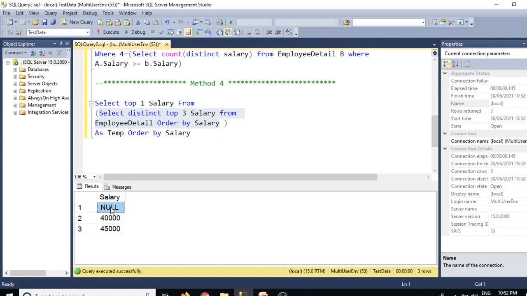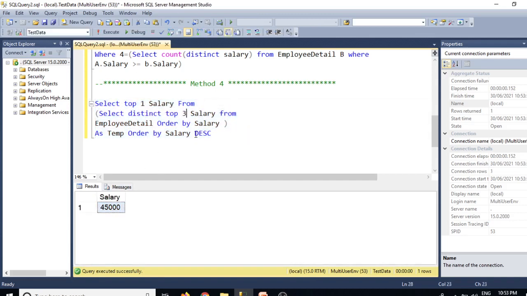Okay, so this goes from lower to higher, so this is in ascending order. Now from these 3 salaries we want the top one, which is the lowest, the third lowest, so we'll get 45,000. We order by salary and keep this as descending. From this list we want the descending order and the top one from the descending order, so it will pick this 45,000. So this is how we'll get it.